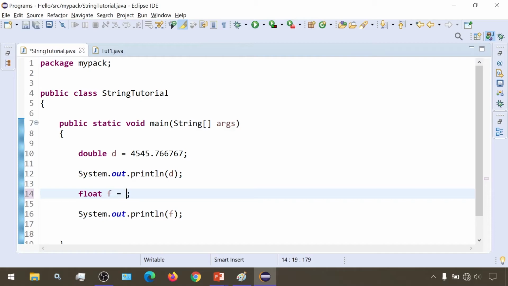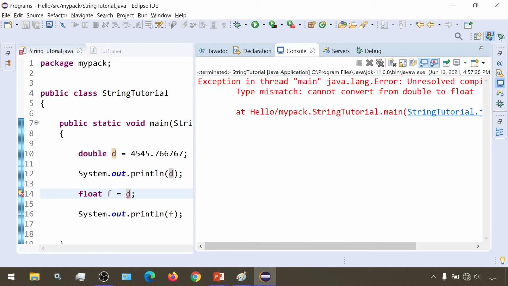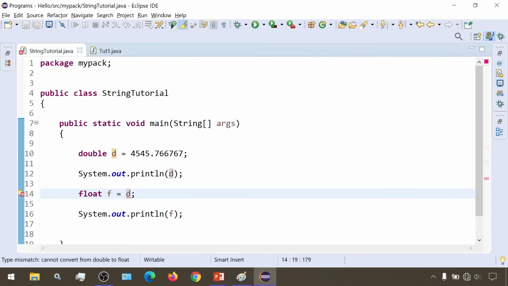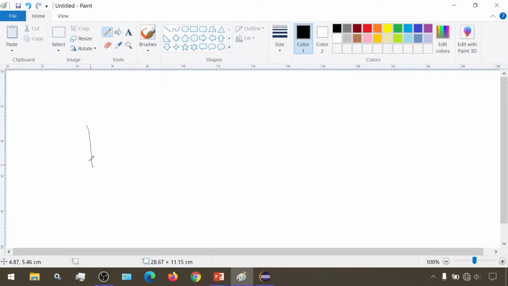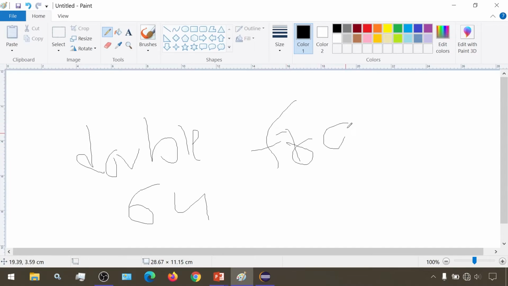But now if I just assign this double value to this float variable and try to convert it, I am getting an error that it cannot convert from double to float. To do this conversion, we need to perform it explicitly, because double is 64 bits and this float is 32 bits.